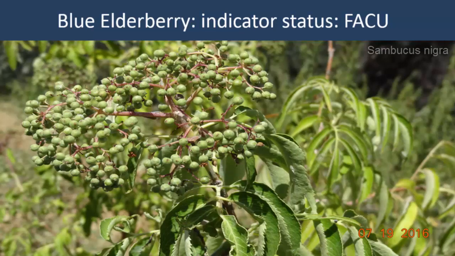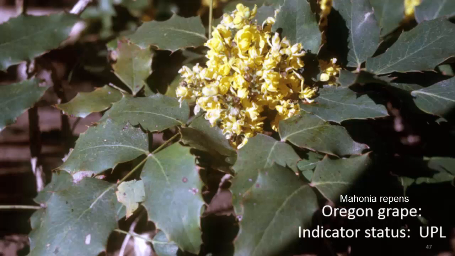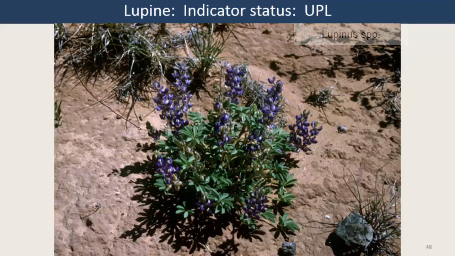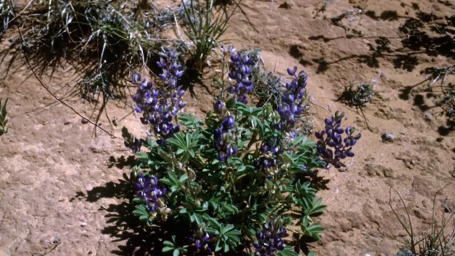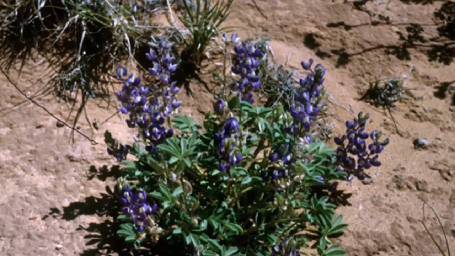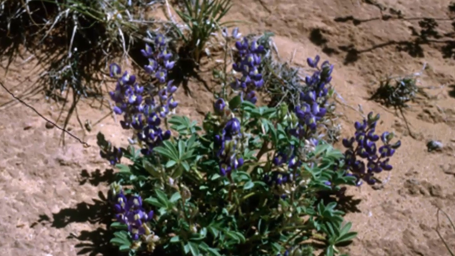Blue elderberry is a common shrub or tree in the riparian environment. Notice the round green fruits in this photo, which will turn a powdery blue color as they ripen. This plant also has compound leaves, meaning that there are multiple leaflets on the same leaf stalk. Mahonia repens, or creeping Oregon grape, is a common upland plant in eastern Washington. Lupine is another upland plant which is very distinctive with its bunching body mass, showy flower stalks, and palmate compound leaves. Look closely at the individual flowers and you will see that it is in the pea family.